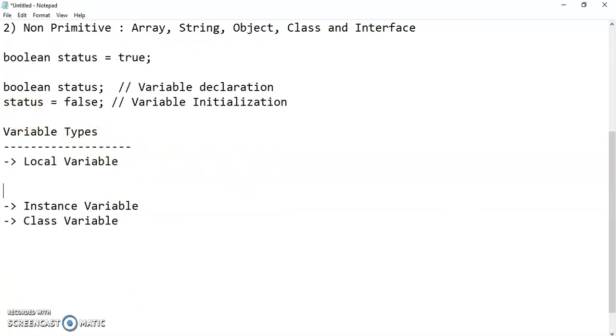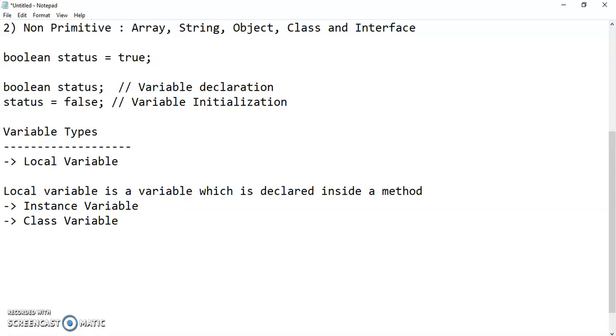So local variable is a variable which is declared inside a method.